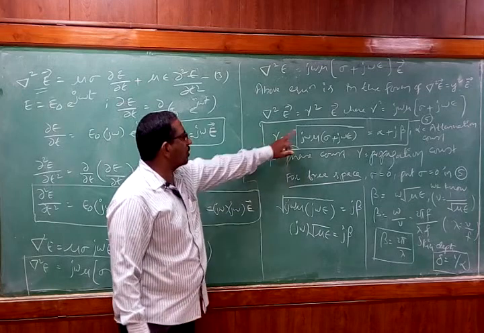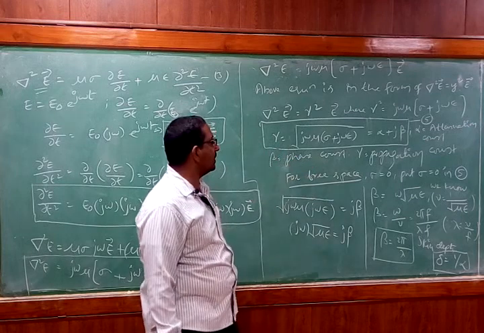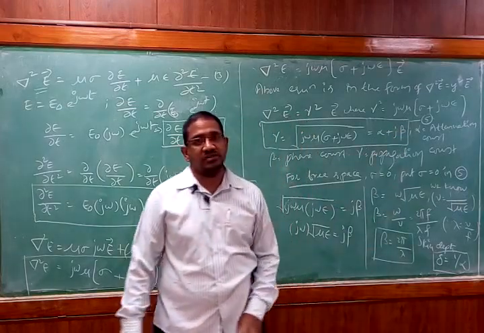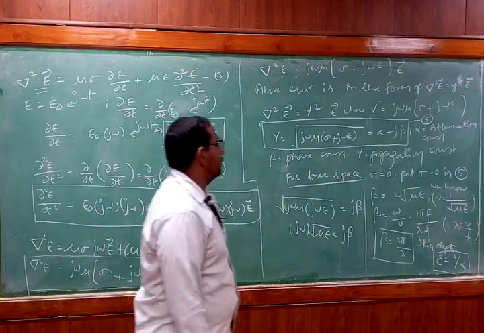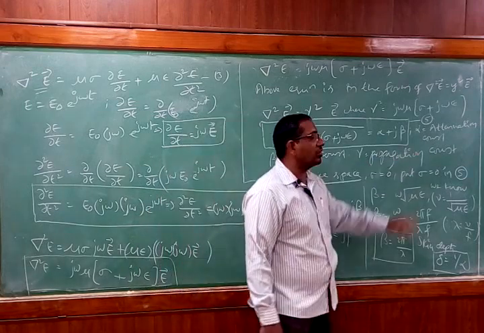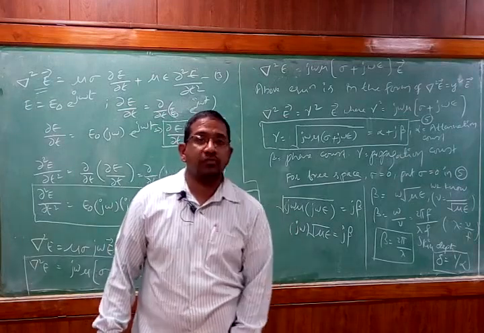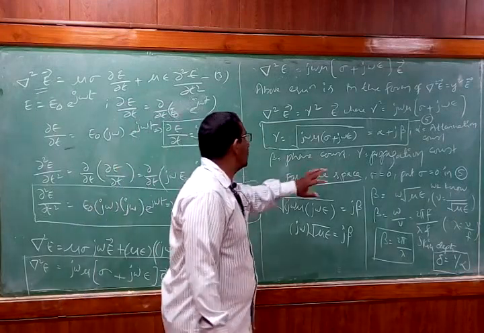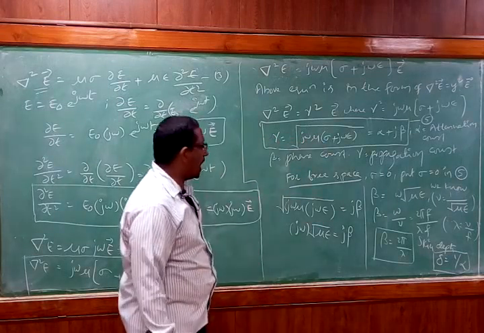So gamma is equal to under root of this factor, and gamma is nothing but the propagation constant. Propagation constant is written in terms of the attenuation constant and the phase constant. The signal is going to move in the forward direction, so the phase of the signal is going to be changing continuously. And next is the attenuation constant. While the signal is propagated in the forward direction, it experiences some attenuation. So the propagation of a wave can be written as alpha plus j beta.